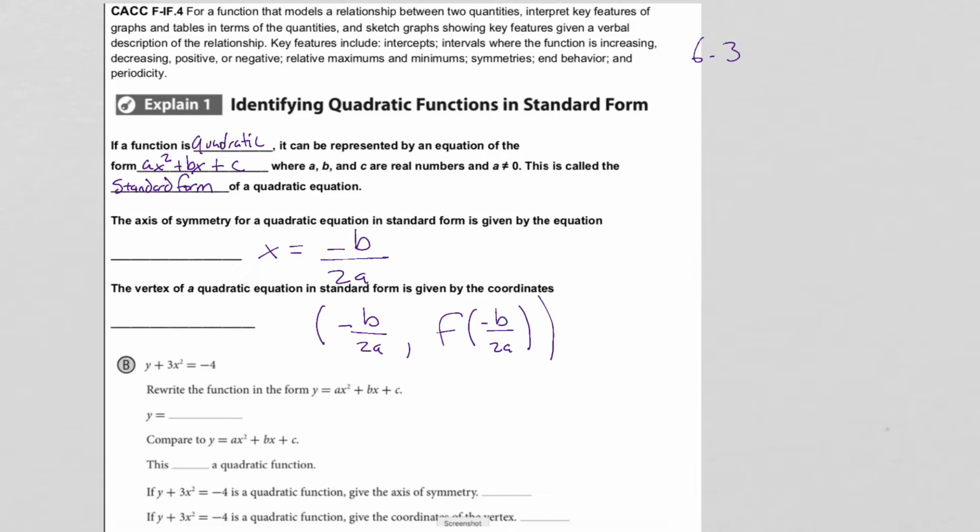So we're going to work on an example right now. If you have y plus 3x squared is equal to negative 4, we're trying to figure out the axis of symmetry, right? Let's take a look at an example. Rewrite the function in y equals ax squared plus bx plus c. This is the standard form